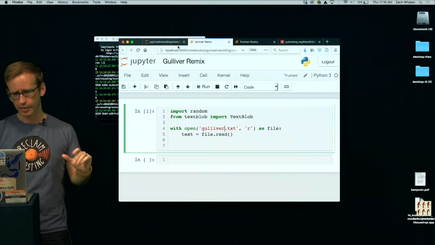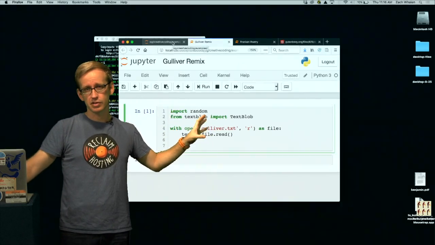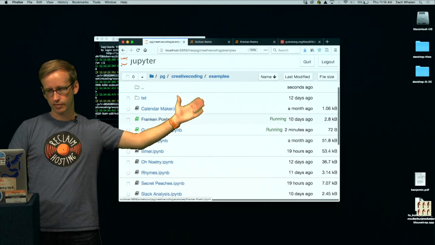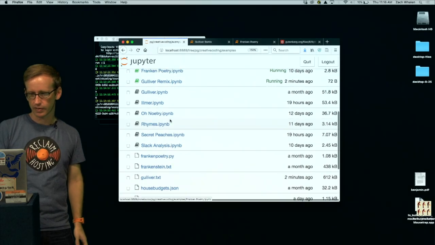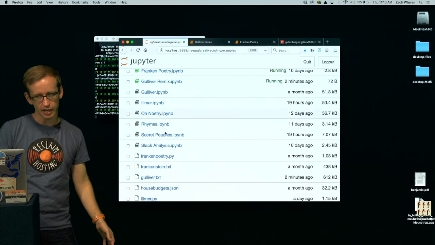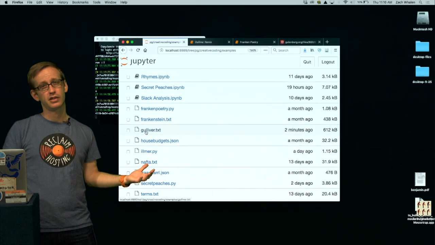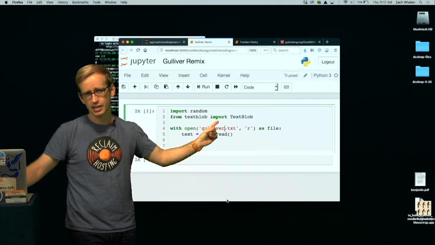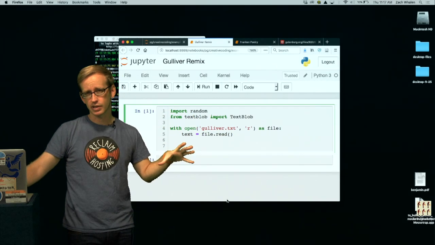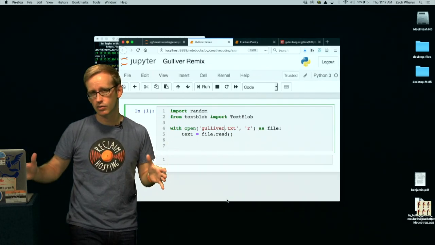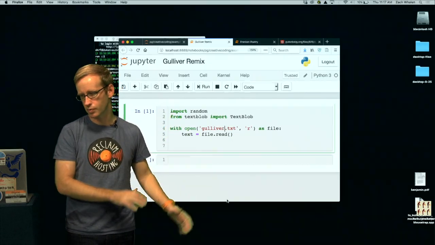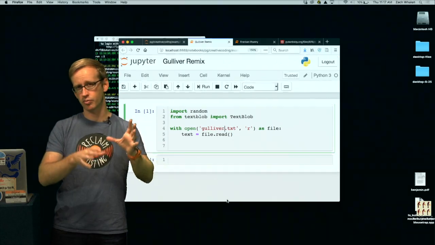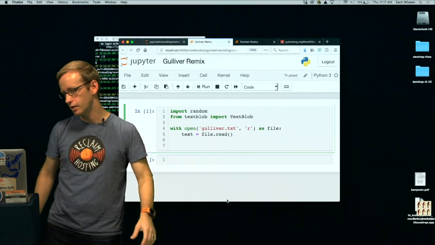Another thing worth noting is that this Gulliver Remix notebook and Gulliver.txt are in the same folder on my computer. I can verify that by looking at the directory through the Python notebook interface. There's Gulliver Remix, the notebook that's running in this tab, and then gulliver.txt, which is the file I just downloaded. They can see each other. The name is important because it's actually a path to that file. Because they're already in the same folder, that path doesn't have to include other directory names. So it's a very straightforward way to do it, and it only works if you have things in the same folder. I recommend having a single projects folder and keeping everything there.